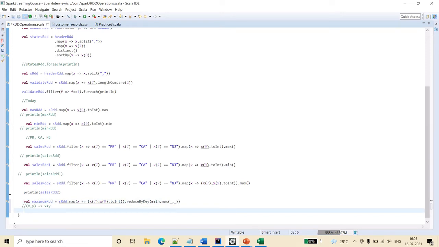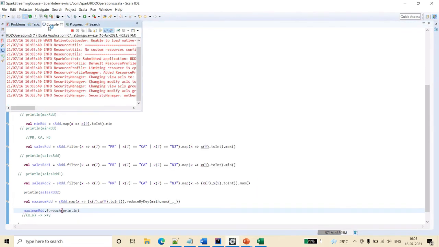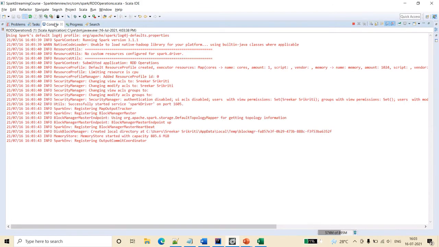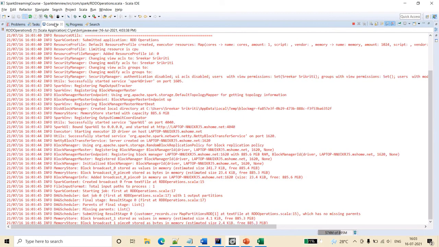So yeah, we have got the RDD of string comma int. If you see here, the first one, string, is the state code, and int is what we are reducing, getting the maximum value out of it. So now let's print this and see the output. Because this is an RDD, we cannot print using the direct print like how we did for the int value. We have to use it this way, dot foreach dot println in Eclipse. If you are testing in a cluster, you can use either collect or take of 10 or something like that.